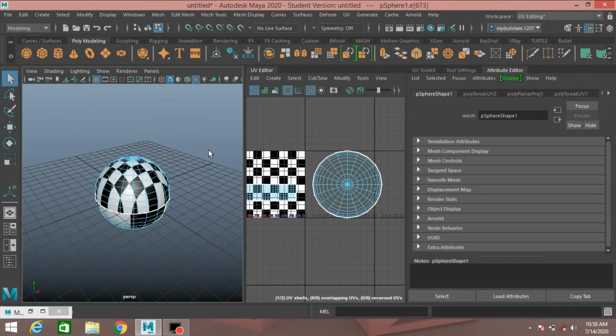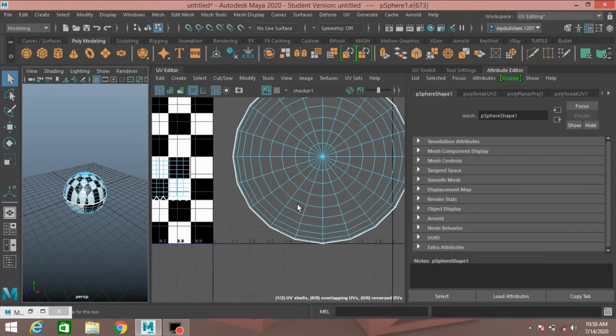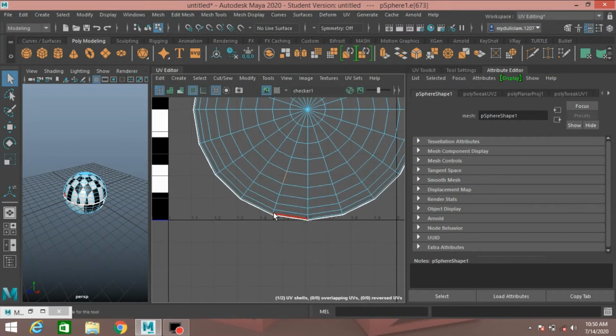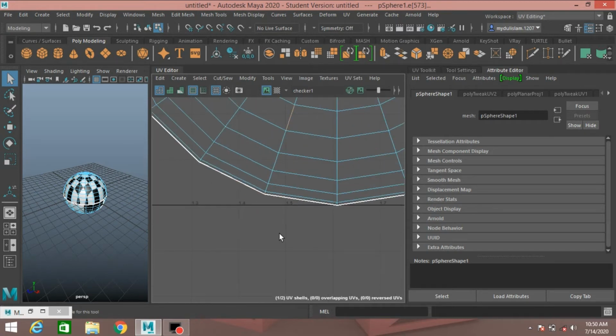Go to perspective view, minimize the window just like this and select the edge as shown. Shift plus right click, Control G to undo. Shift, select.